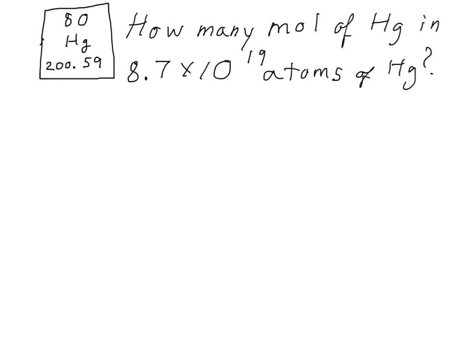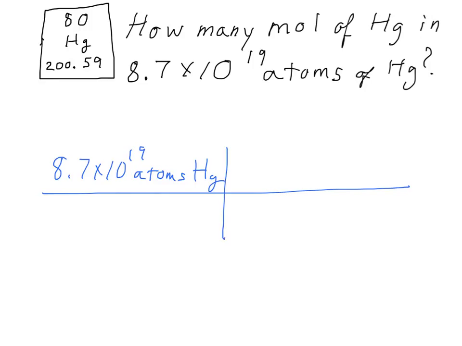All right. How many moles of mercury in 8.7 times 10 to the 19th atoms of mercury? Here what we're doing is going backwards. We've got 8.7 times 10 to the 19th atoms of mercury. Even if I have no clue how to work the problem, I know my first step is going to involve getting rid of those atoms of mercury. What do I know about atoms? I know the relationship between atoms and moles, because by definition, 1 mole of anything is